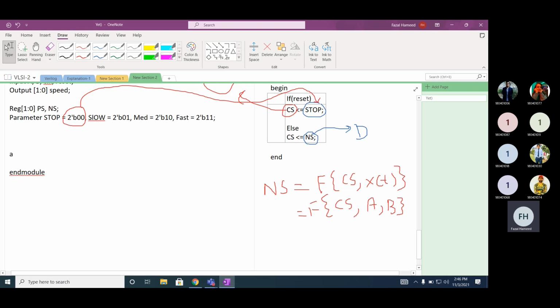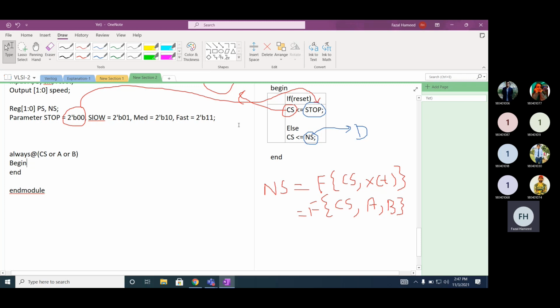Can we write it like this? Always. Now, because your next state is dependent on the input, it will change when there is a change in current state or A or B. Okay. Now, can we write it like this? Begin and end.